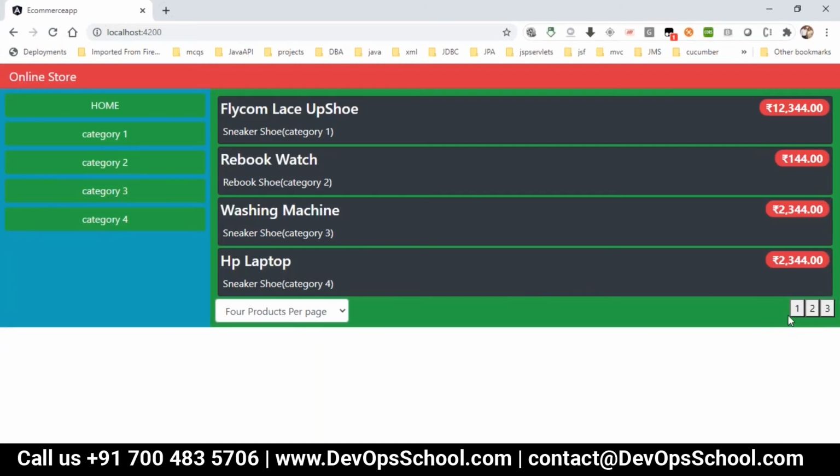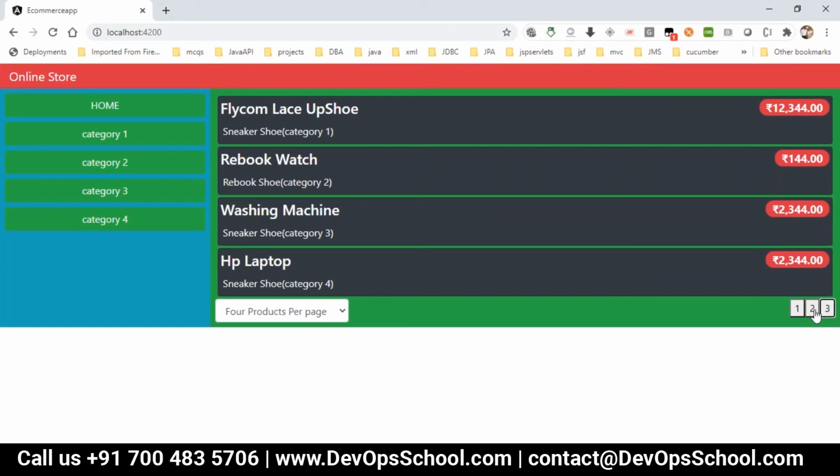Just hold for a minute and see here now. You are able to get 1, 2, 3. And if I click on 2 and 3, there is no data changing because we are able to get only 3 page numbers. Why are there 3 page numbers? Because you have a total of 11 data. So 11 divided by 4 is 2 point something, we take the ceiling, and starting from 0, it gives 1, 2, 3.